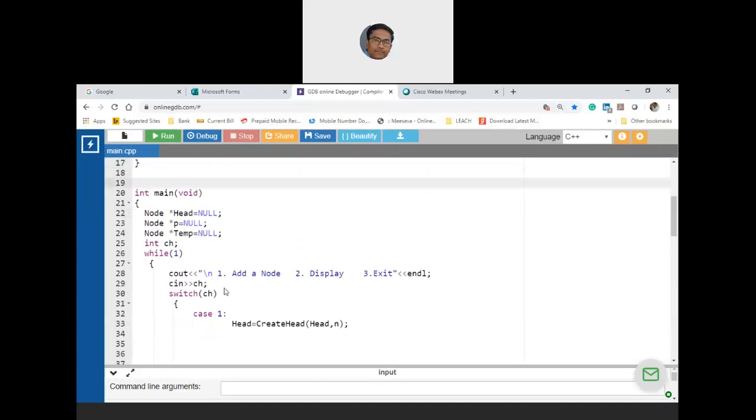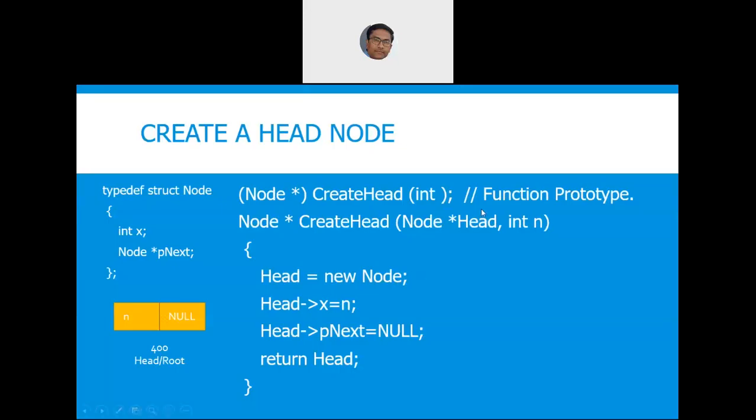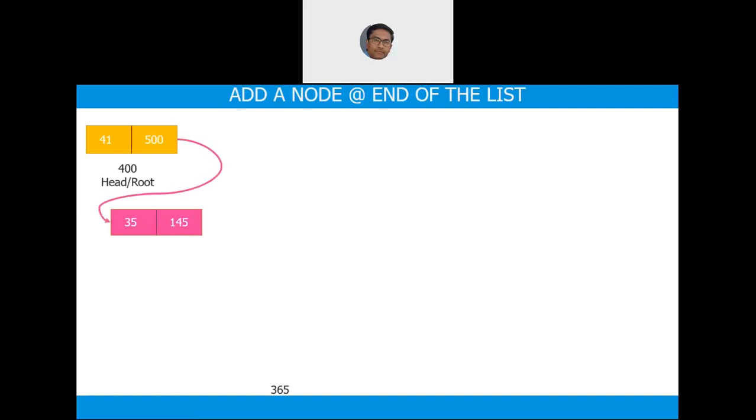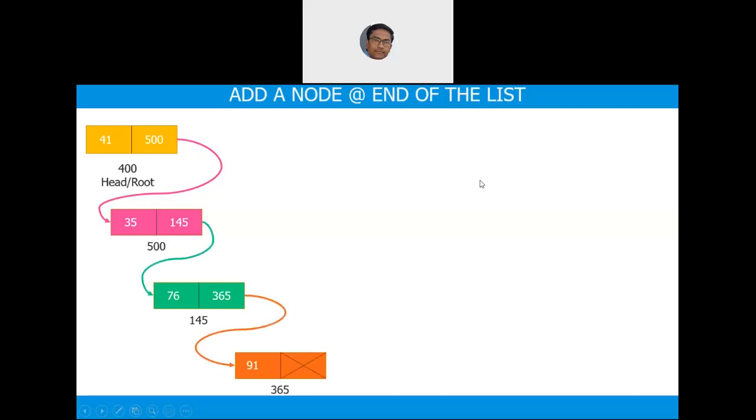Delete this. Let us come back to the presentation. Any other doubts? Okay. So next is add a node at the end of the list. So again, as I said, first write the diagram. Assume that you are asked to add a node at the end of the list for 2 marks. You write a memory representation of a singly linked list with a diagrammatic representation like this, and then you start writing. Then it will be easy to code.